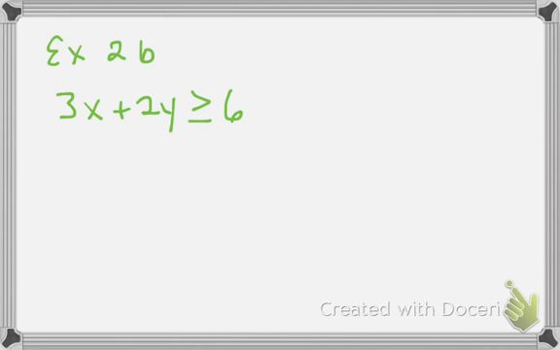Okay, so our last example for today's work is we're looking at this inequality, and the first thing we want to do is take this inequality and put it into slope-intercept form. That's going to take us a little bit of time because we want to get the y all by itself. So we're just going to go ahead and subtract 3x from both sides and rewrite our inequality as 2 times y, and we're saying that's greater than or equal to,